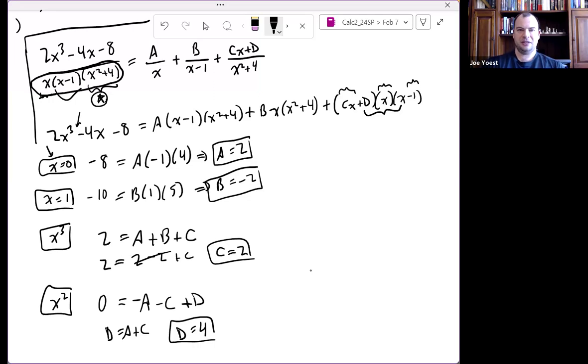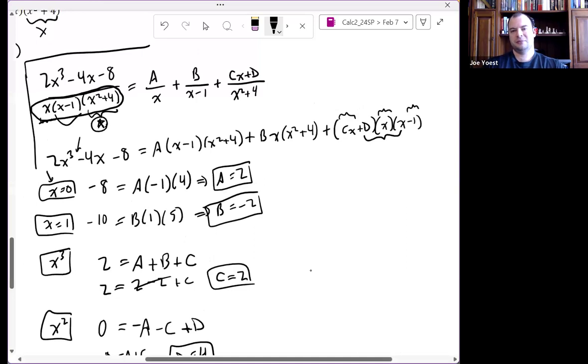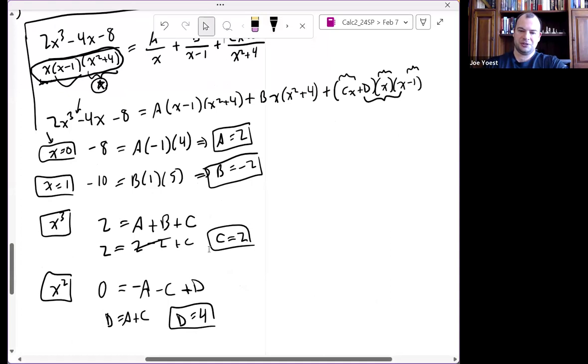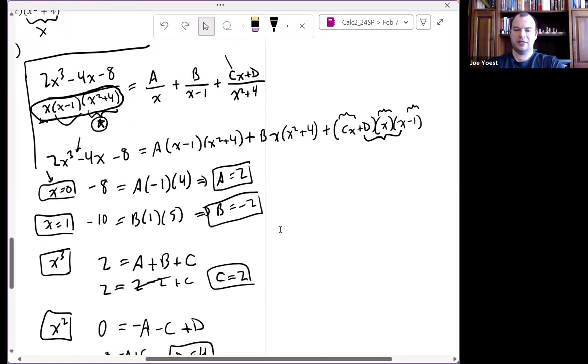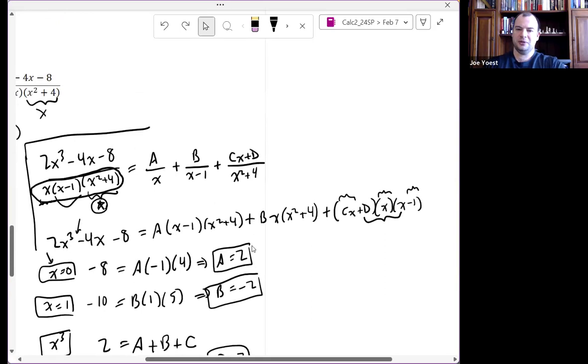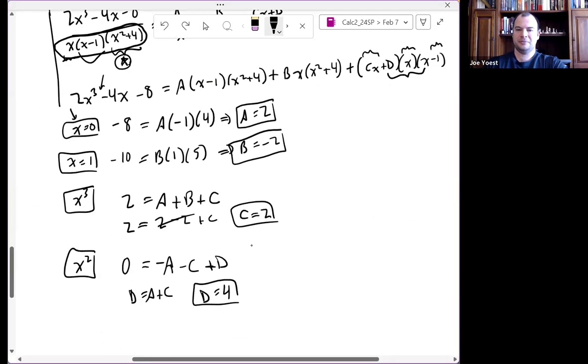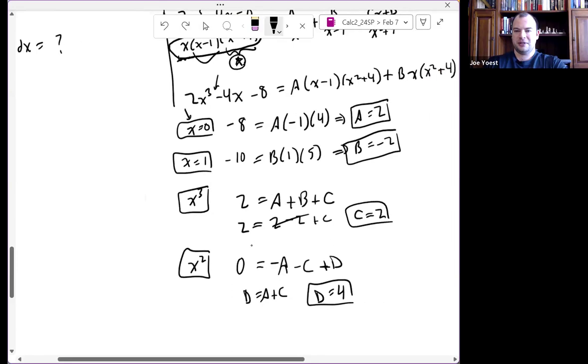As an aside, something somewhat tangential, we could have gotten, say in a different problem, c equals 0, and for that particular problem maybe we didn't need a linear above this x squared plus 4. But we see that for this problem we have c not equal to 0, so it was very important to include that linear component. If I didn't include that, I would have gotten an answer that was wrong. Okay, so after all of this,